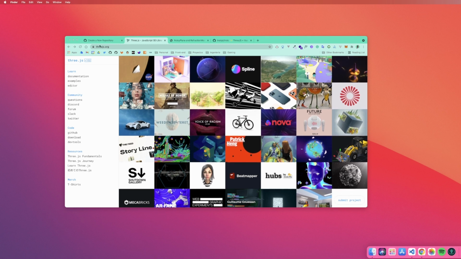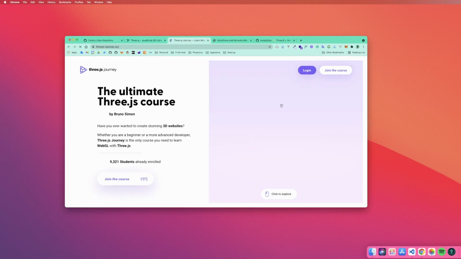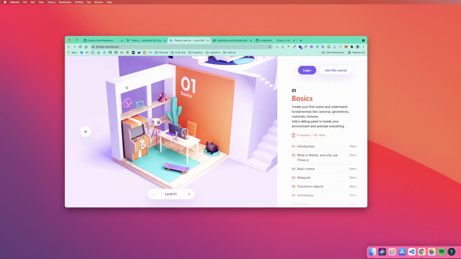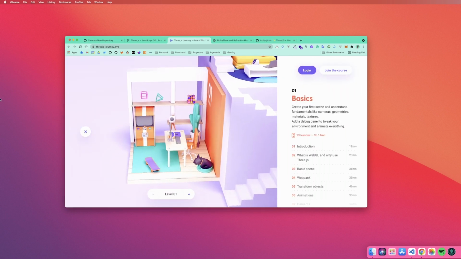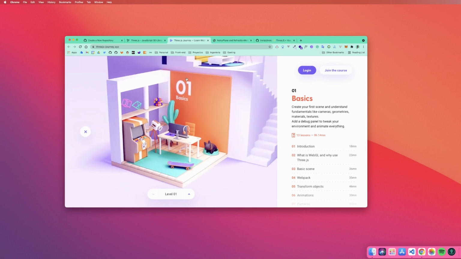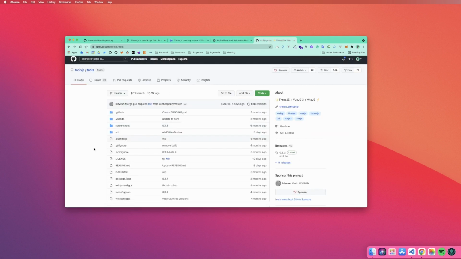Here, for example, in the page for Three.js, you can actually see a lot of examples. They are really cool. This one, you can see how performant and really beautiful things you can do with this library. So in today's episode, we are going to focus on a wrapper for Vite and Vue that is called